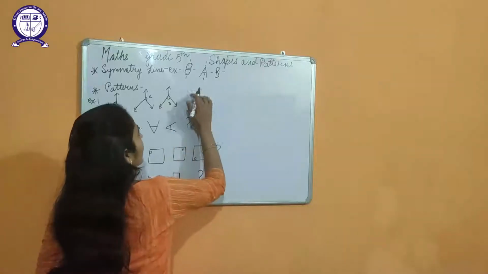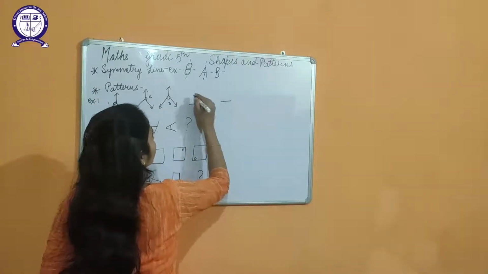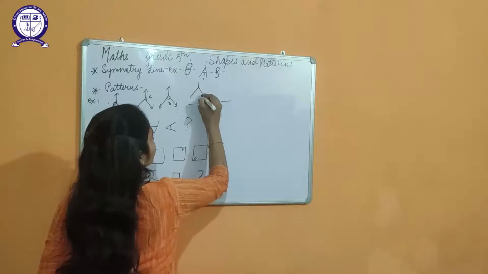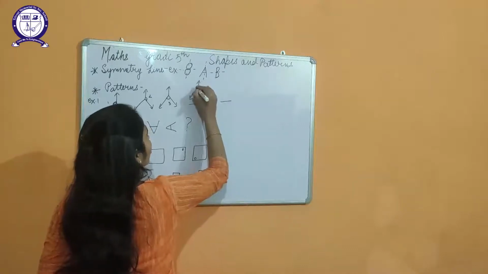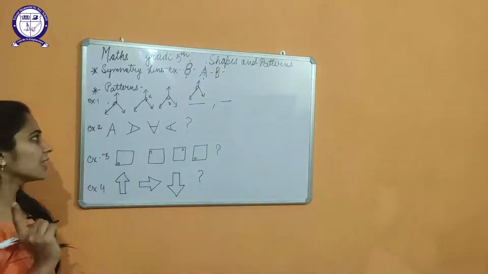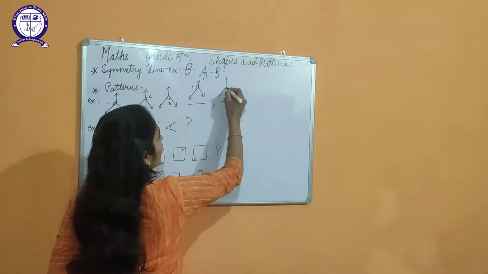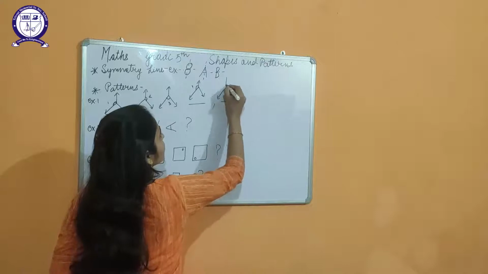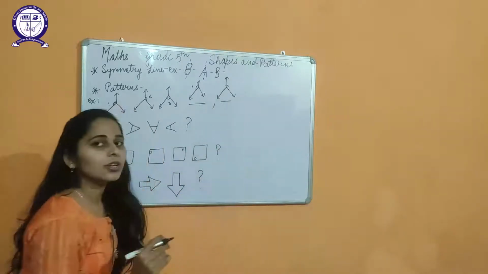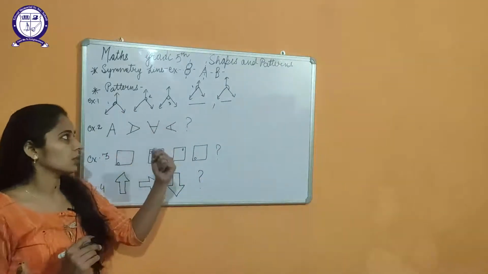So if we are asked to find two terms, we will just draw the figure as it is, and we will mark the arc at the first place again. In the next, this is the first place. After the first place, the arc will be marked at the second position. So this is the second position. Like this we can complete this pattern, students.